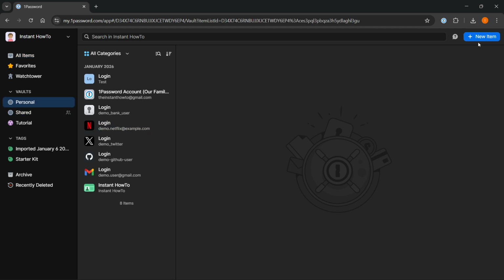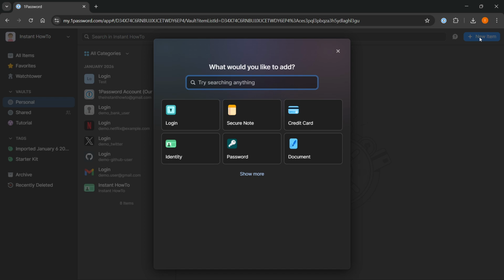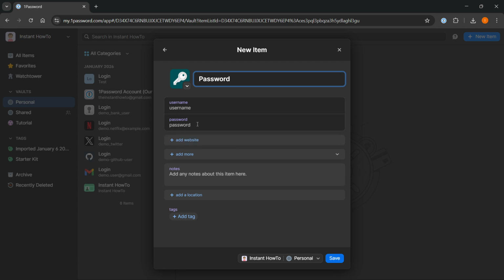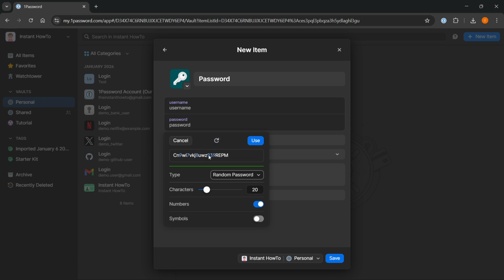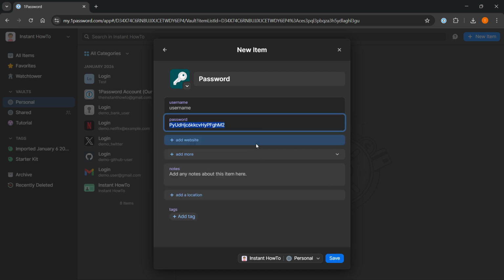You can just go ahead and add a new item at the top right, and then you can click on password, login, or whatever you want. And here where it says password, when you actually click to input the password, it's going to give you an option to create a new password. And this will open up the password generator, as you can see here. And then you can go ahead and see it generates the password. You can just go ahead and refresh it and then use it whenever you're ready by clicking use,